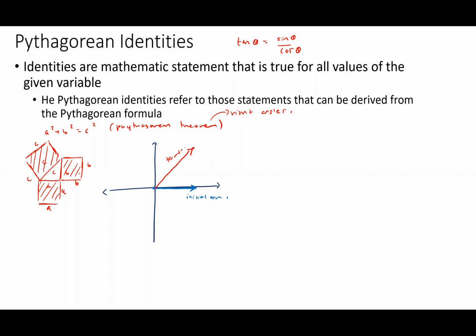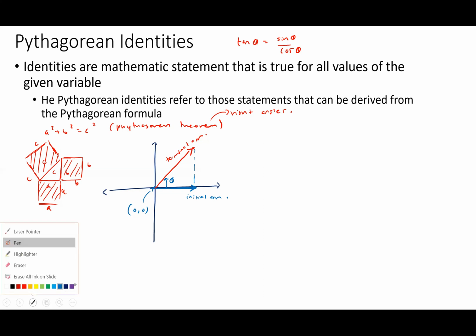And essentially, we also looked at the point where these two arms, or these two rays, meet as the origin, right? So the origin is basically 0 and 0. And we also looked at angles as a degree of rotation from the initial arm to the terminal arm. So the angle here would be theta. It would be located right there, right? And if you do a full 360 rotation,